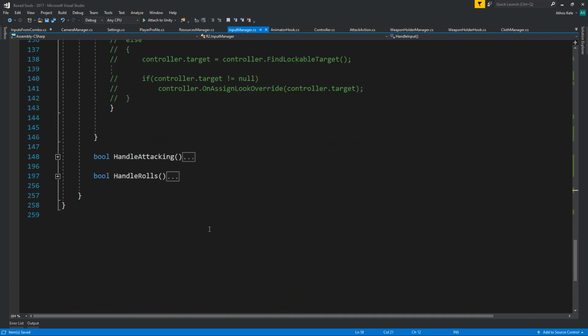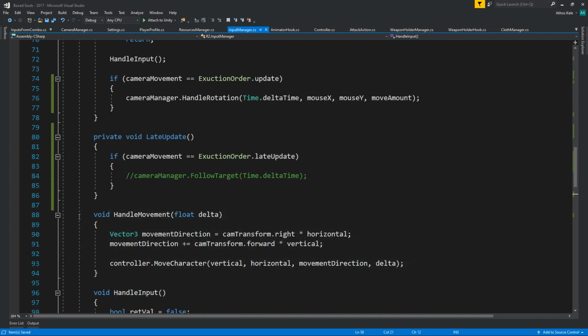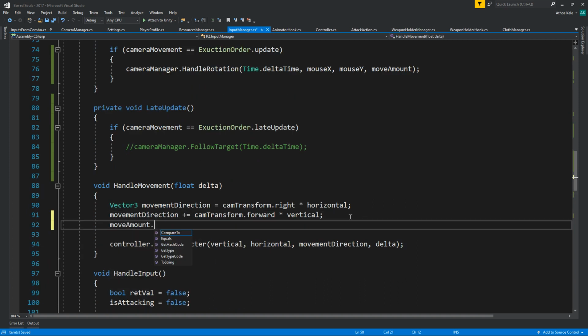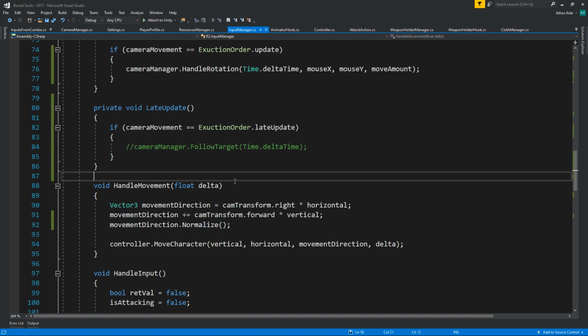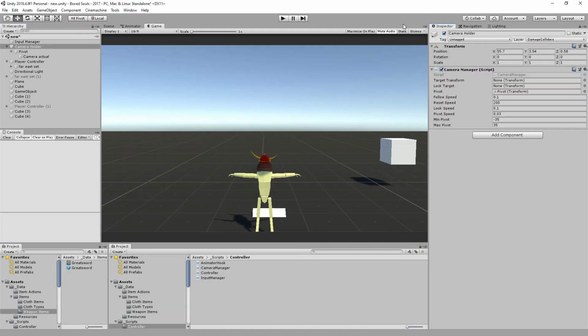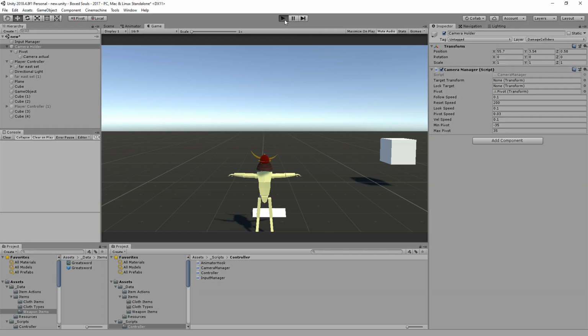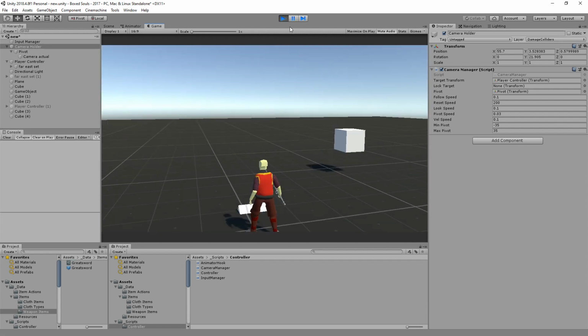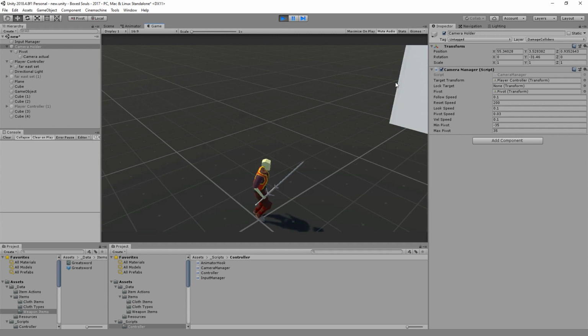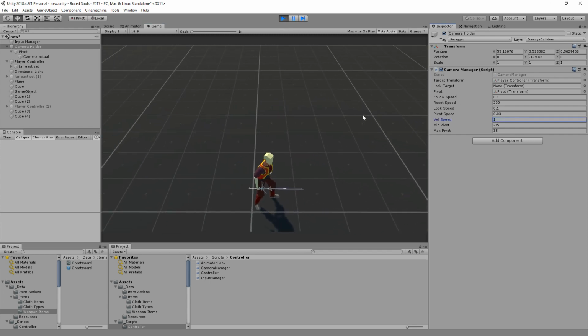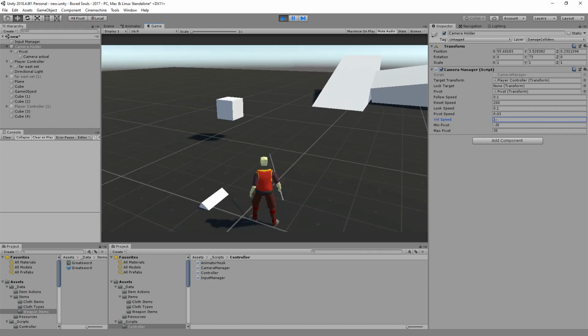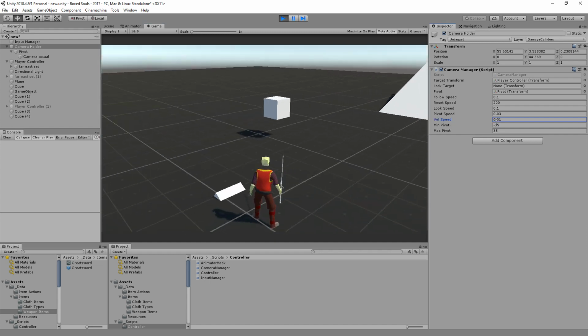And also our rotate direction should be normalized at some point. Movement direction, this gives us a row, so movement direction dot normalize, so we're not moving faster when we're going left and right. Okay, so let's see how fast we're going to be affecting our speed depending on our velocity. That's too fast. Let's say 1. That's way even faster. 1 and